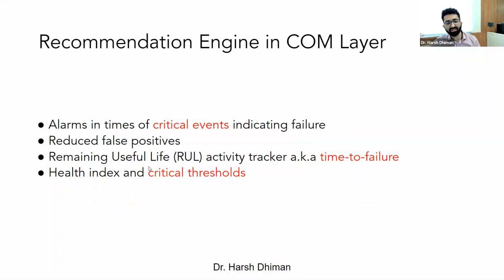So these thresholds differ from turbine to turbine. Every turbine would have a different threshold, essentially if the rating of the turbine is different, right? If you are going with a multi-megawatt turbine, or if you are going with a small scale turbine, these thresholds will be different. And to identify these thresholds, you would need significant data. So yes, that is where the entire recommendation engine works and helps, right?